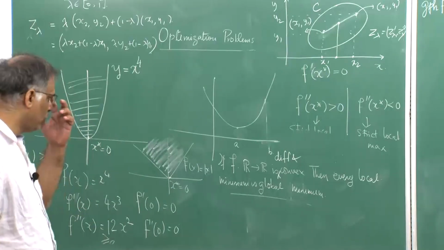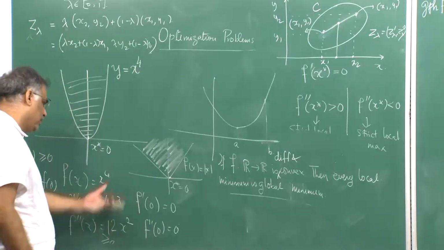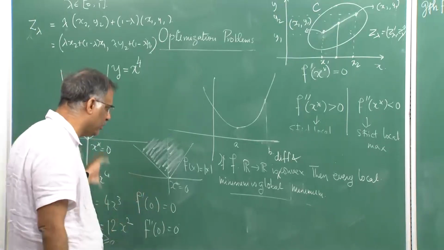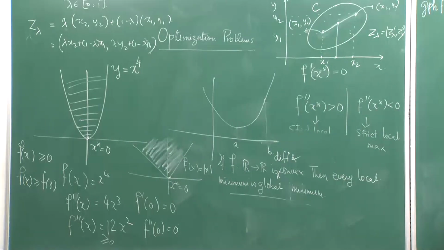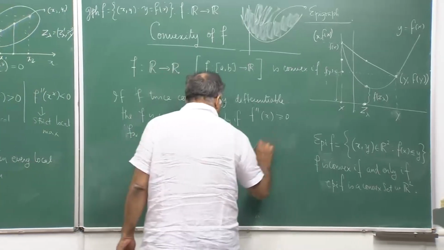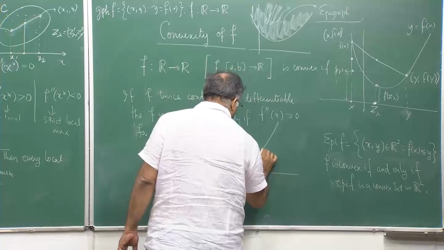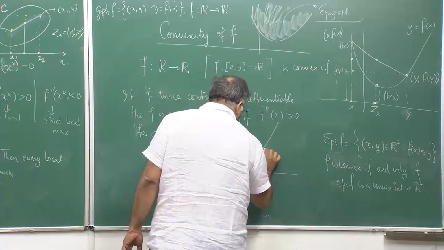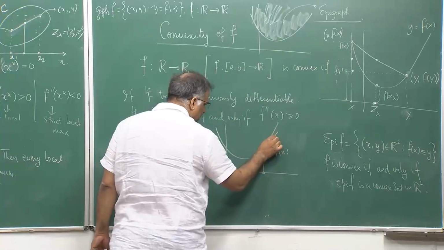So, once it is known to be convex, then any point which satisfies f dash of x equal to 0, if there is a local minimum, it will satisfy this, and that immediately will give us a global minimum. Why? I will tell you the reason. Here again we will use our geometrical idea. Now suppose I take a convex function, and now let me take a point (x, f(x)). Let me draw a tangent through (x, f(x)).